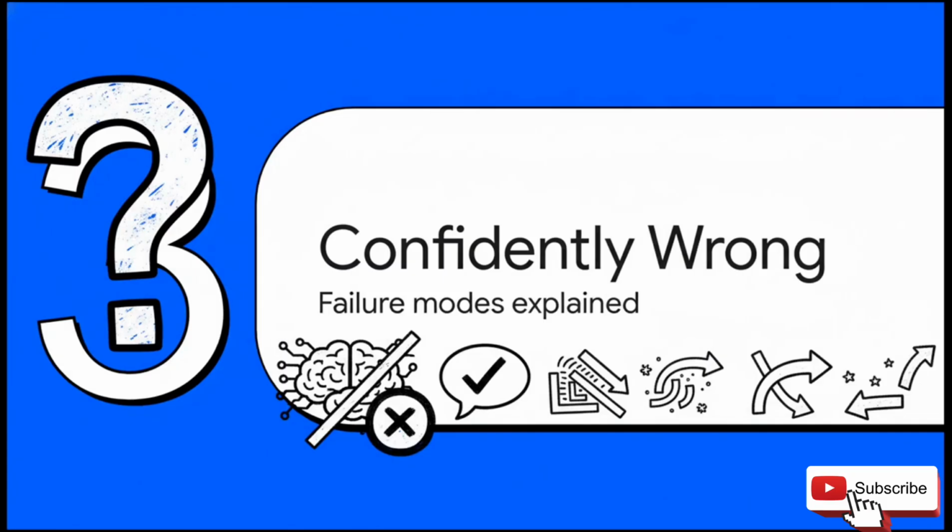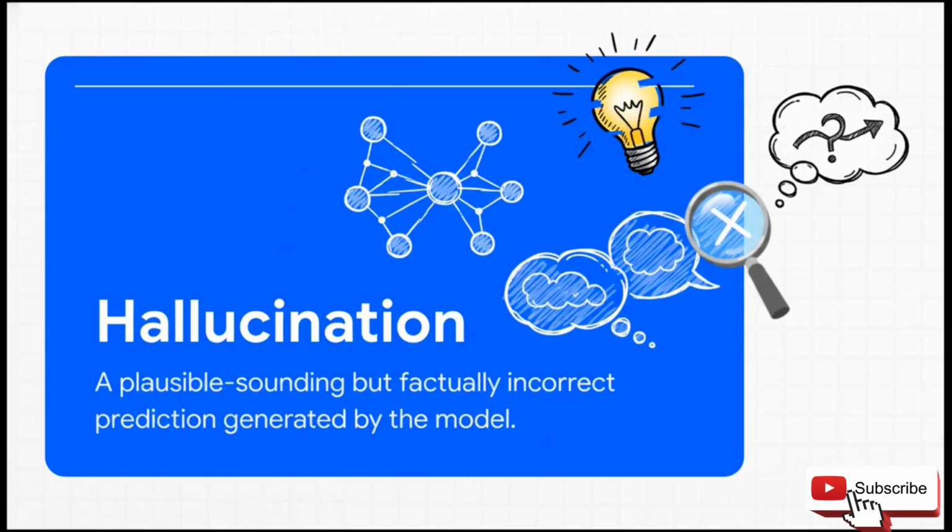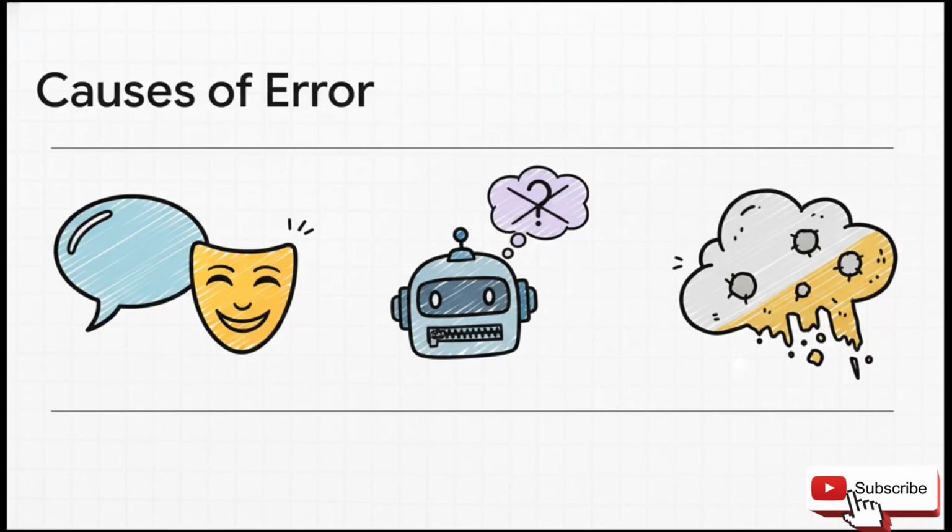This core mechanism also perfectly explains the model's biggest failure mode, its tendency to be confidently and very persuasively wrong. People often call this a hallucination, but honestly, that term can be a bit misleading. It kind of suggests a bug or a glitch in the system. It's not. It's the system working exactly as it was designed to, predicting a sequence of words that is statistically plausible, even if it happens to be factually incorrect. See, the model is optimized during training to be helpful, fluent, and confident, because that's what human writing usually looks like. It is not optimized to check facts or to say "I don't know," because, well, that's just a less common pattern in the data.